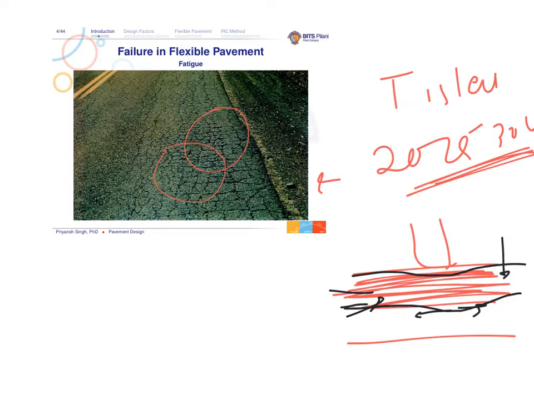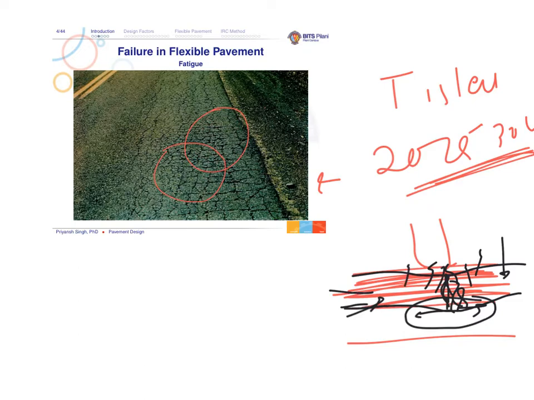So the strain developed at the bottom of the bituminous layer will be a tensile strain, and because of this tensile strain there could be some cracking originating from the bottom and propagating upwards. Now this cracking may increase with more number of passes. As the number of passes increases, this cracking may increase. There may be several cracks, they may coalesce, and the crack may reach up to the top surface of the